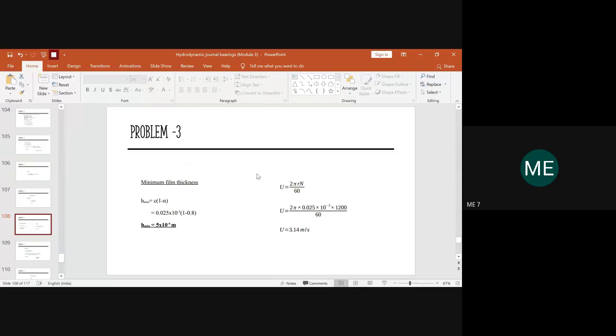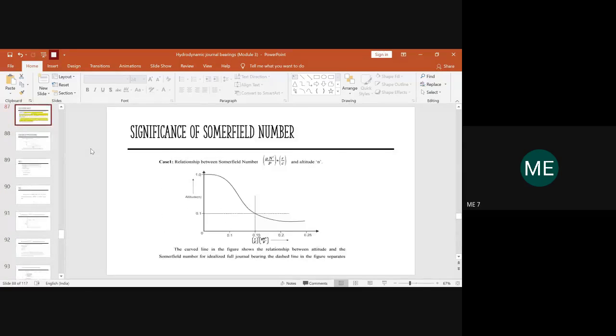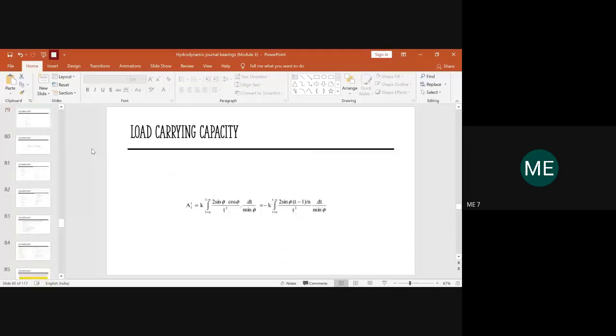So the h minimum, we derived an equation in terms of the eccentricity ratio. This is h minimum, which will be equal to C into (1 minus n). We have different equations for minimum oil thickness, so we need to select the equation based on the given data. In our problem, we know the values of n and C. We don't have any other values. So we need to check, or else if I just go back to the derivation part, we have different equations in